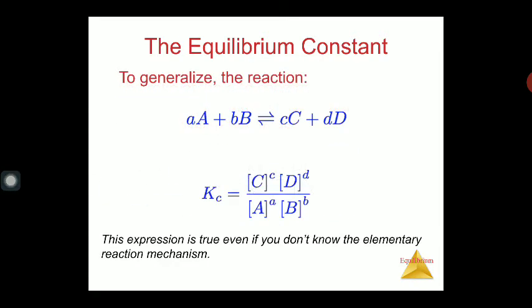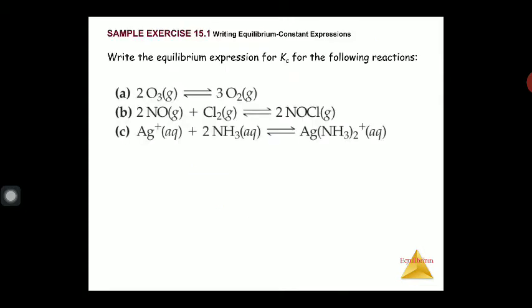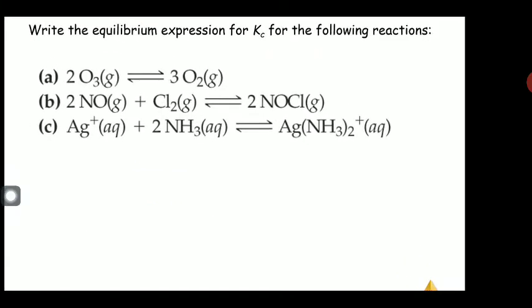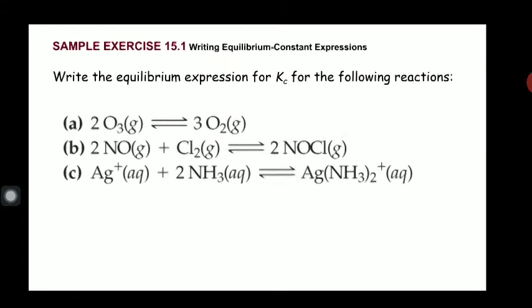Besides it, in the general example, the constant in terms of the concentration, the equilibrium constant Kc should be equal to what? This Kc should be equal to C to the power c, D to the power d, over A to the power a and B to the power b. In the same way, the complete expression can also be written like this. Some simple examples for the practice sake you have to discuss here.